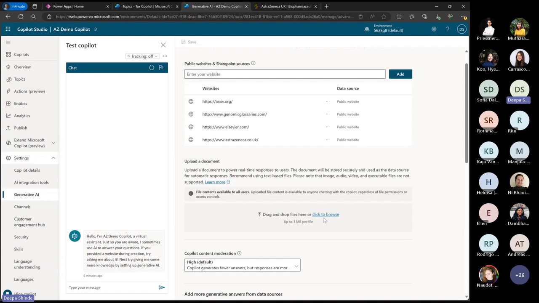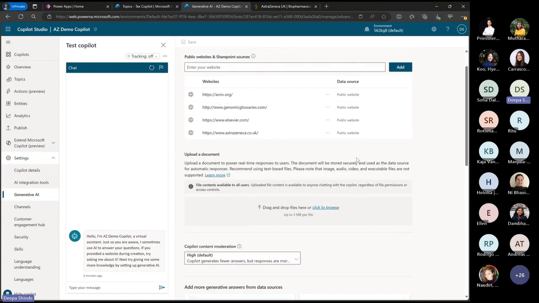What you can do is use the LLM functionality that is inbuilt into Copilot Studio for the weekend. If there is any fine-tuning need, that could be seen afterwards. But like I said, you can point to these websites, point to SharePoint sites, or upload a document in here. Of course, the document needs to be less than 3 MB. You can point to a cognitive search index as well. It does RAG on top of everything and then gives answers back to the unknown intent type of questions that have come from the end user.